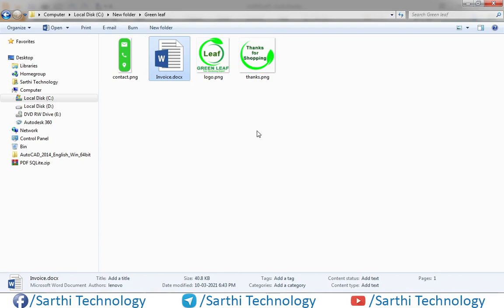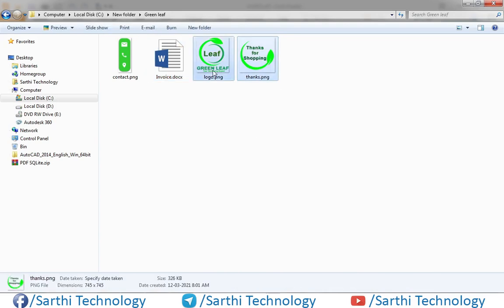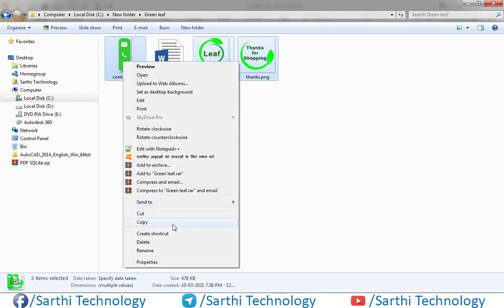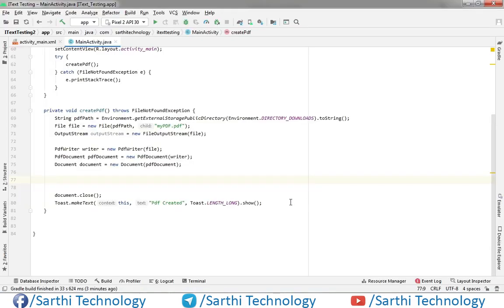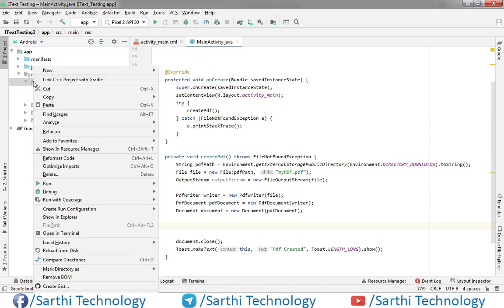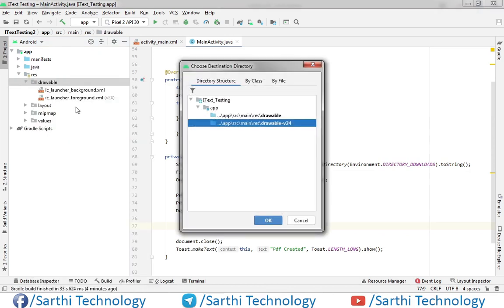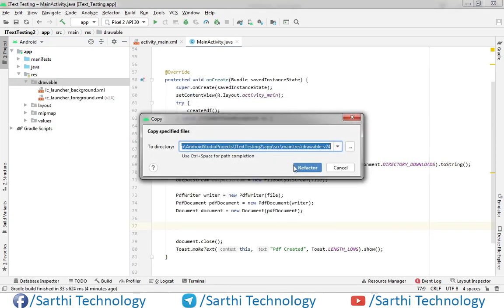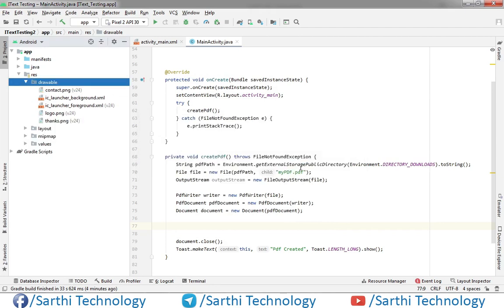So first thing, just copy these three images and in Android Studio paste them in the drawable folder. So right click and paste. Okay, refactor. So now we have these three images,